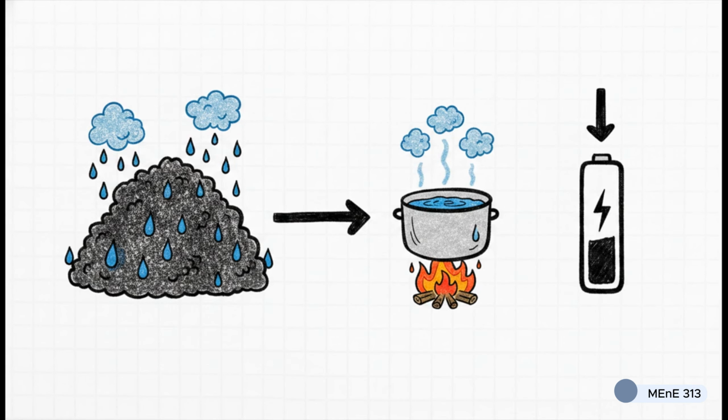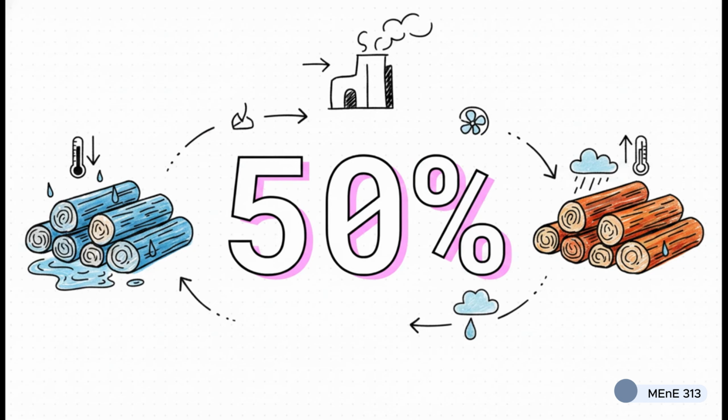Like we touched on earlier, water is the enemy of direct thermal conversion. High moisture drastically tanks your useful heating value, mostly because you end up wasting a ton of your fuel's energy just evaporating the water before any actual useful power is produced. To put that into perspective, take wet wood sitting at about 50% moisture. Its heating value is substantially lower than completely dry wood.